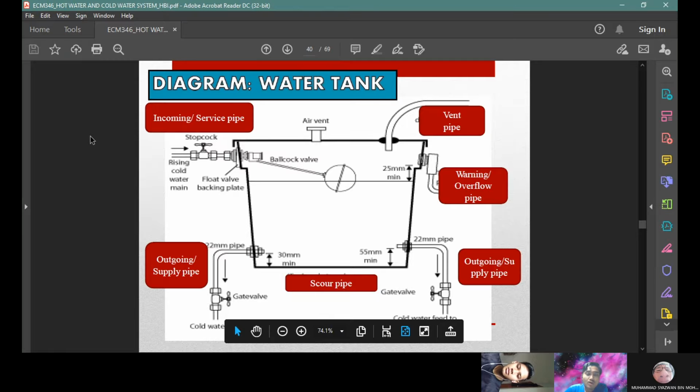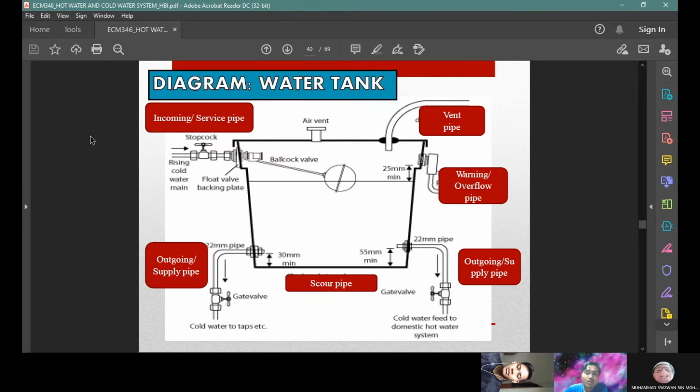This is the water tank. How does the water tank function? The cold water will directly turn in, will directly go into the water tank, and at the same point